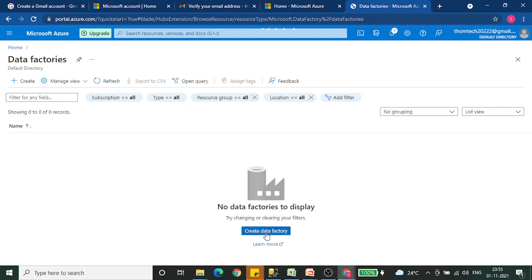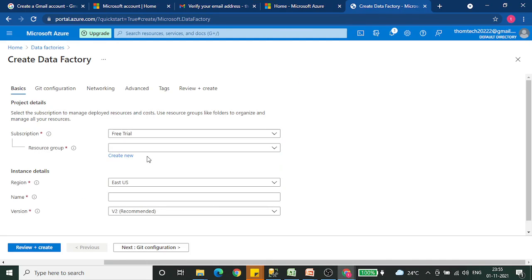it will ask for the details. Let's click it again, I think it's not clicked. Okay, it will show the same window that we saw in the resource group. Over here it will ask what is the subscription. That is the free subscription that we know. If we do not have any resource group, we can directly click create new and create a new resource group. We know that we already created one resource group.